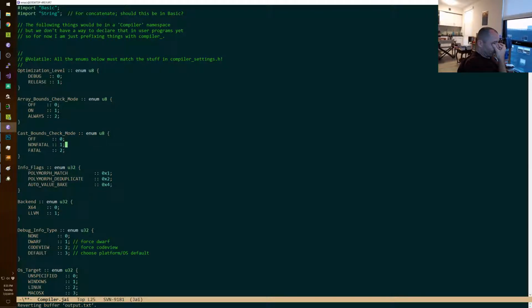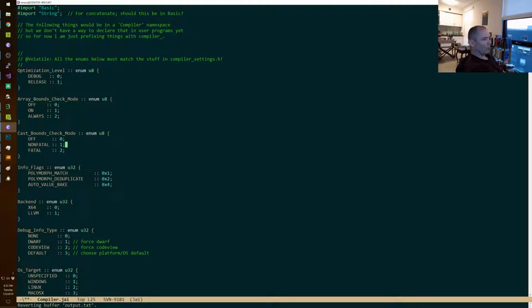I mean, ideally at some point you could control this just for certain modules or whatever, but we don't have a way to do that right now.